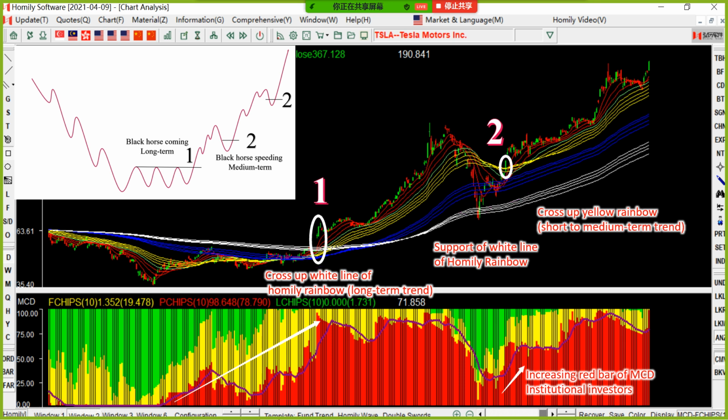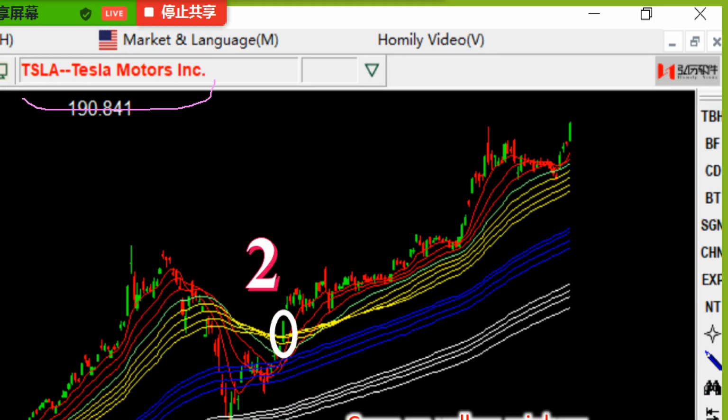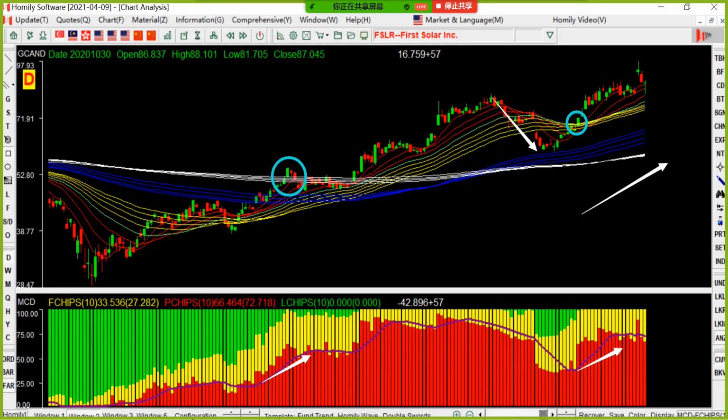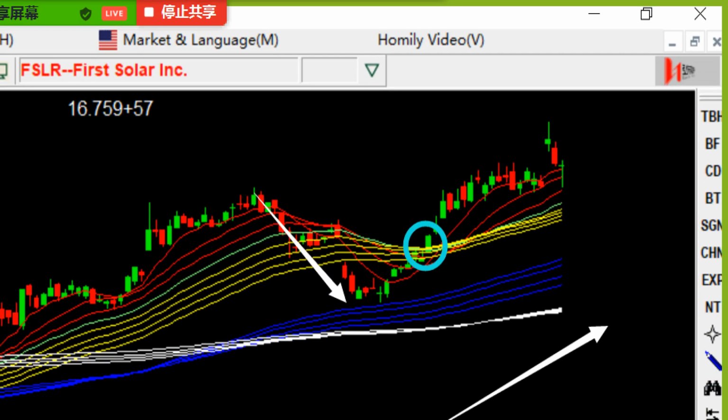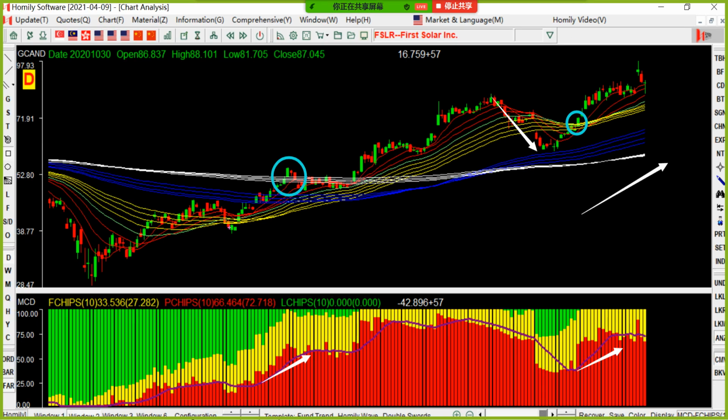That's very important for you, because this is the chart for Tesla last time. You see? Last time. Even so, you can see it is very clear on the chart for First Solar. It's renewable energy or clean energy, you see? Because in the long term, oil will exit from the world. I'm sure for the long term. So this kind of thing, you see. Okay, black horse coming,